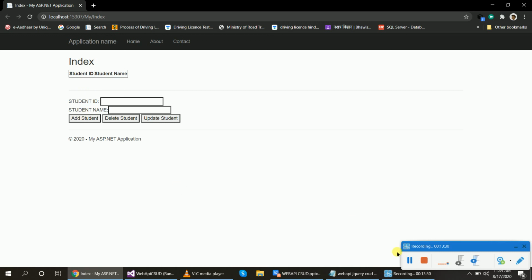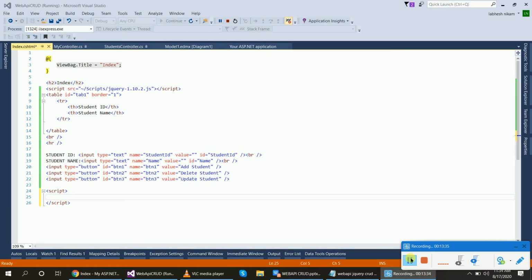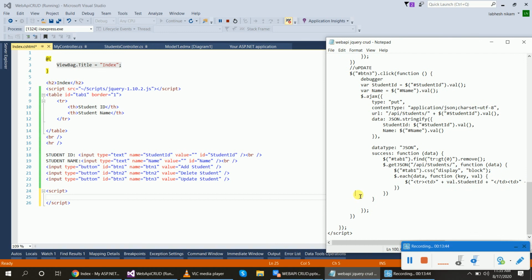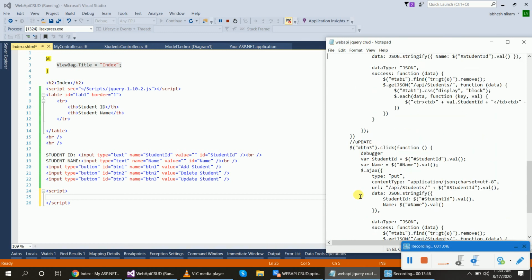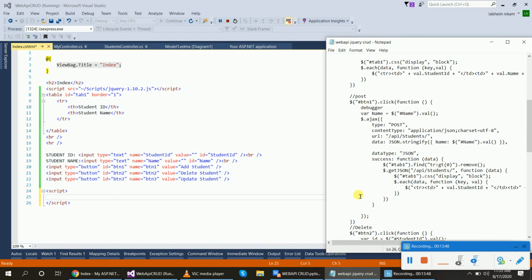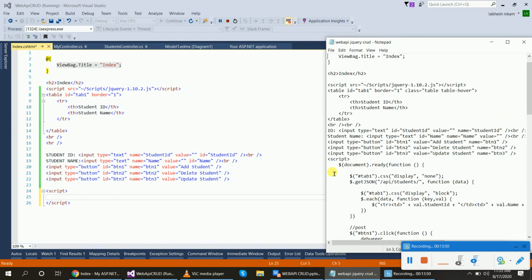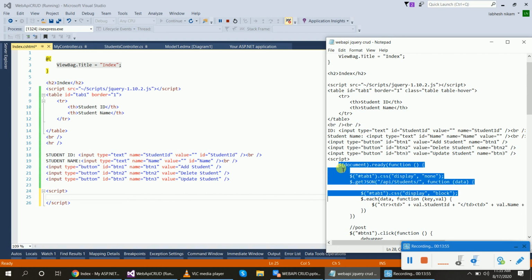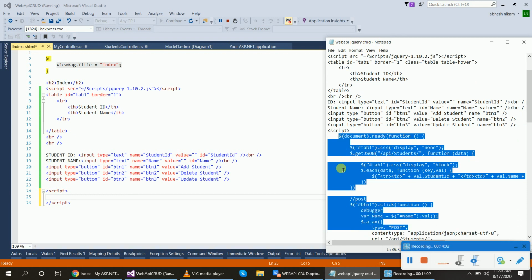Okay. To display the data and to add the student, we have to write a script. Because there is a time limitation, and too much time is required to write the code, I will copy paste this code here and explain how to write the code. This is my display data code, and another one is to save data.